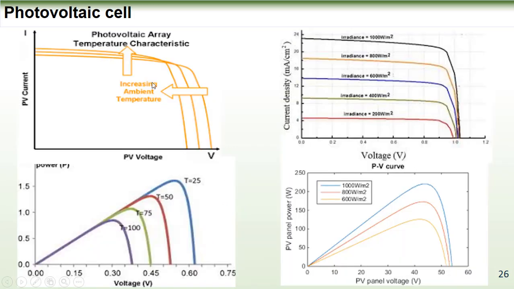IV curves are affected deeply by 2 parameters, the temperature and the irradiance. The temperature affects the IV curve in terms of reducing the open circuit voltage and therefore reducing the power produced by the cell when the temperature increases. The second factor is irradiance. When the irradiance is reduced, the short circuit current is reduced as well, and therefore the output of that cell is